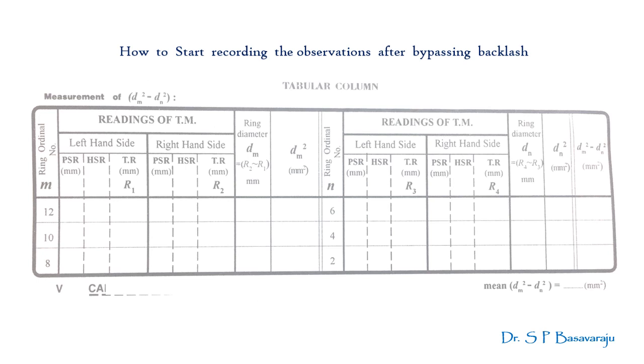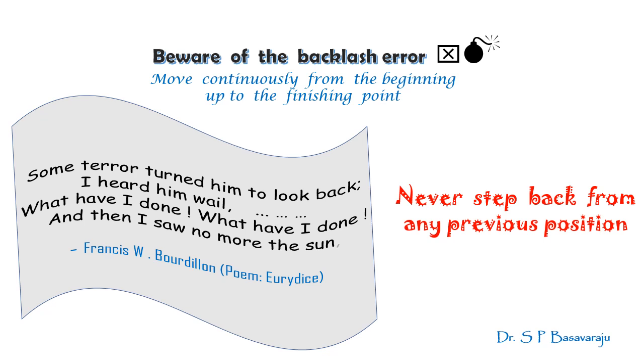This back and forth movement beyond the 12th ring, which is rather brief, you are required to do only once in the beginning in order to overcome what is known as the backlash. The backlash occurs in the movement of the carriage. In micrometer type TM, you have this problem. The instrument develops a kind of dragging called backlash in a short period of time after its usage is begun.